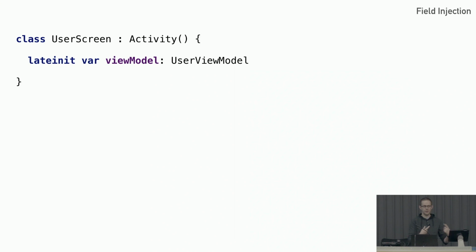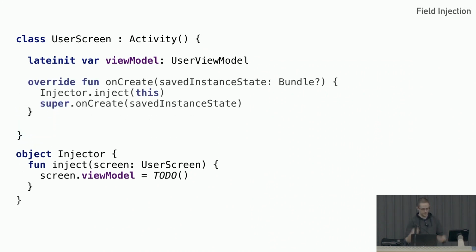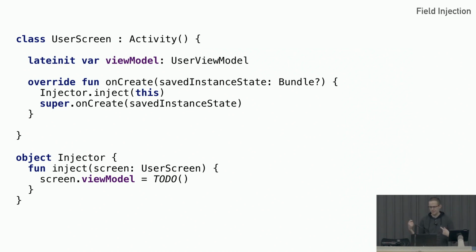So what you're going to do instead is this field injection thing, where you have the mutable property, which we could make nullable, but then we were going to have .lets everywhere throughout our code, or we can just assign it as a lateinit. Then, since we're requiring something else outside to do the injection, we would have some sort of injector object, which we would then be able to call, give it inject and pass it ourselves, and then the injector would be able to seek out the properties within the class which need to be injected and inject them via some means.